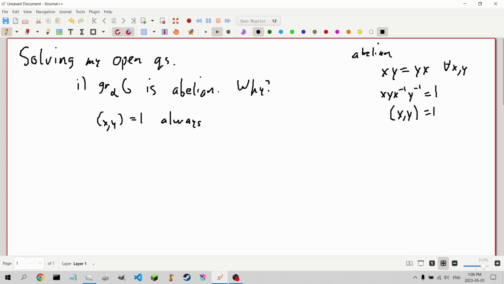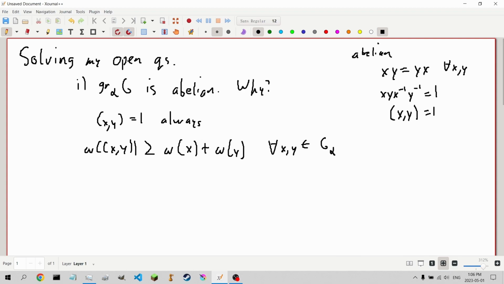But we know that omega of [x, y] is greater than or equal to omega of x plus omega of y. And since x and y are in, in our case, elements from, say, G alpha,